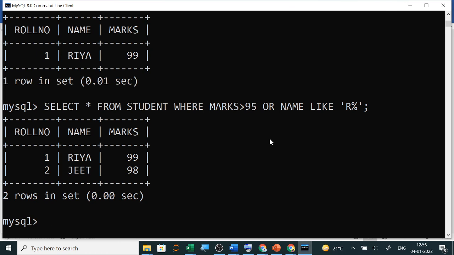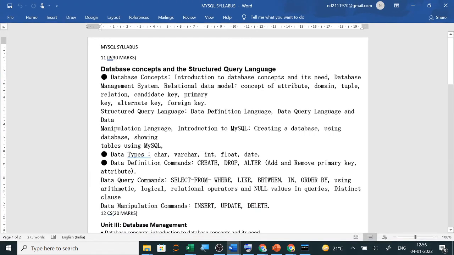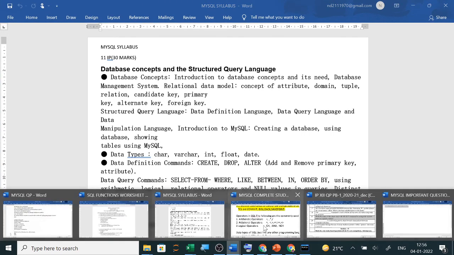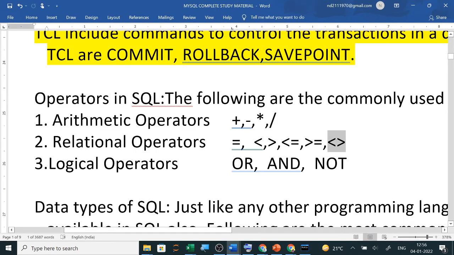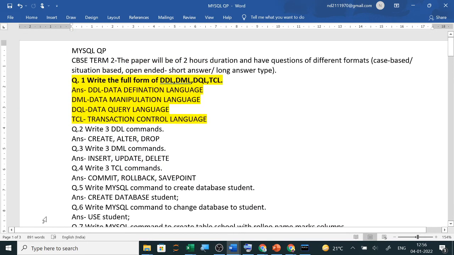So like this we are going to use these operators, arithmetic operators, relational operators, logical operators, while writing the query. Clear? So the question paper pattern, you already know: 1 mark questions, theoretical questions will be asked, 1 mark questions, 2 mark questions like this.